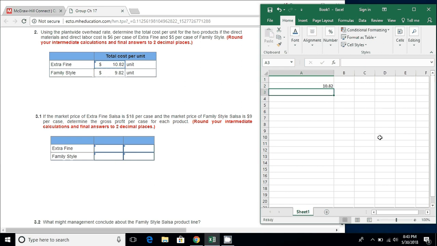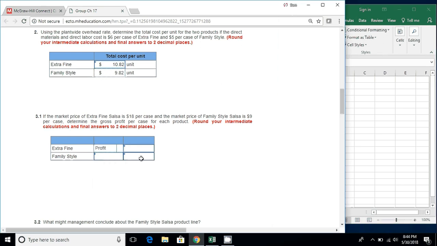Well, I can already tell you we got a problem with family style, but when it comes to the extra fine up there, if we're selling it for $18 and we take away its cost, $18 minus the $10.82, that sounds like we're probably making a profit, right? And it sounds like we're on the high side of that. So we've got a profit of 7.18 there, but the family style, we obviously are going to have a loss,